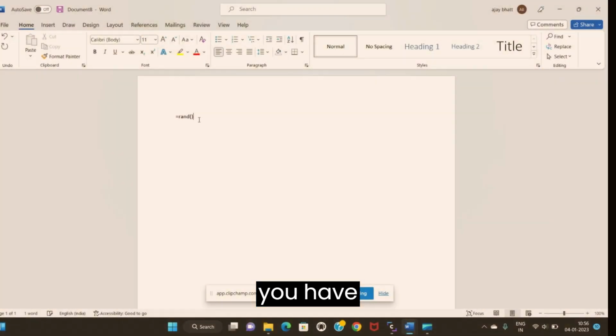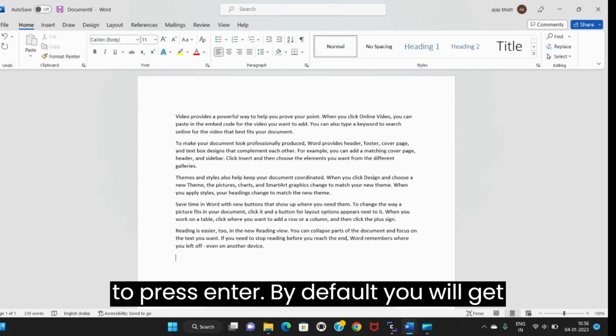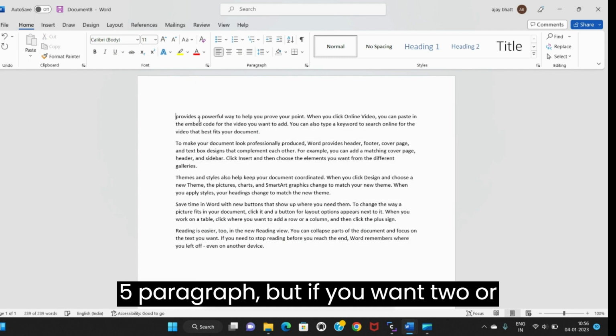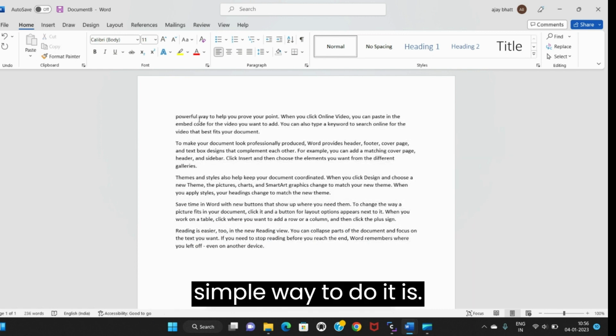Like equal to sign, then RAND, then closing and opening and closing bracket, then you have to press enter. By default you will get 5 paragraph, but if you want 2 or 3 paragraph, it's very simple. The simple way to do it is